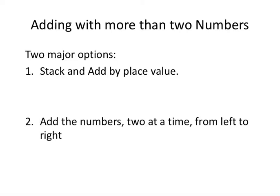Now, we did talk about adding two or more numbers in that last example, but you can't just simply stack the two numbers by their place values and just add the digits in their place values, okay? Which again may mean that you have to carry more than just one from place value to place value. There is another option then, that you could just add the numbers two at a time from left to